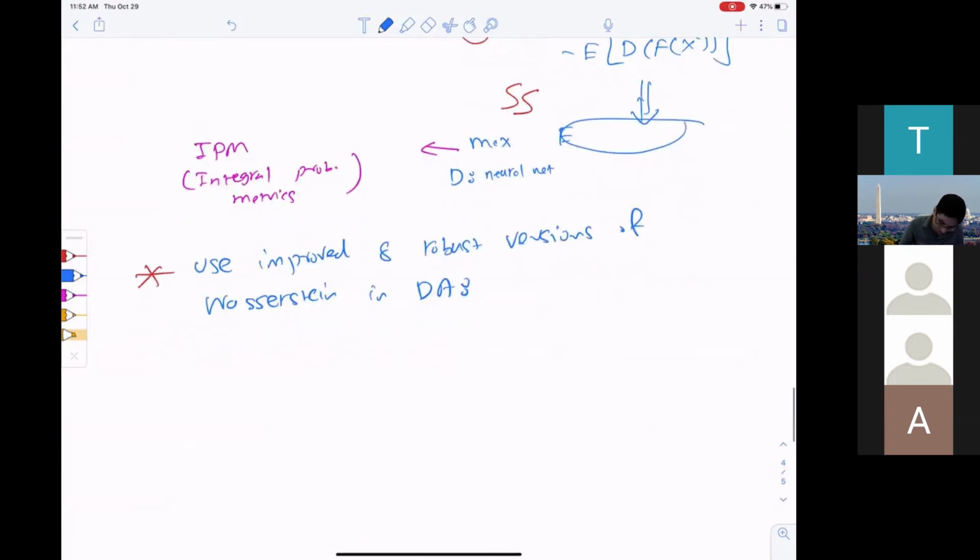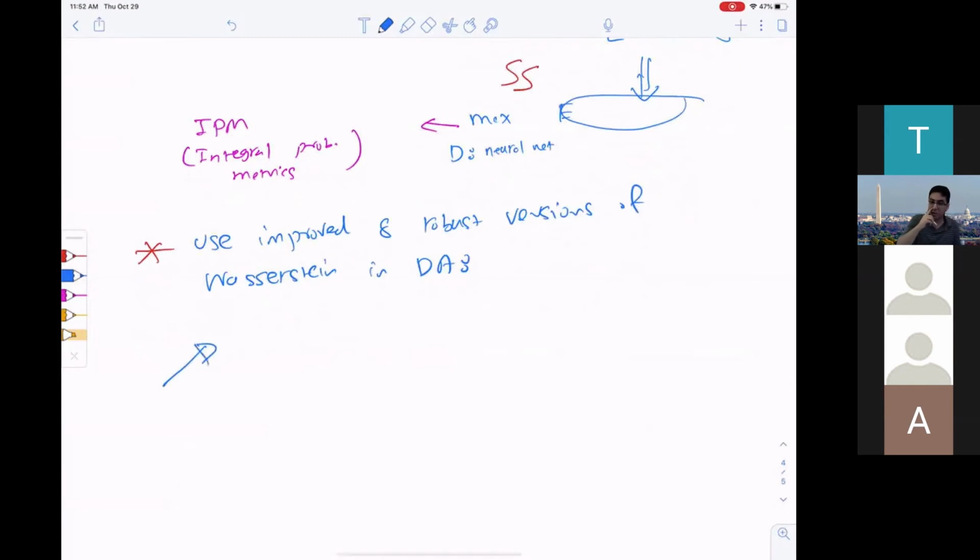Right, so I talked about, in the GAN lecture, our recent work introducing robust Wasserstein,